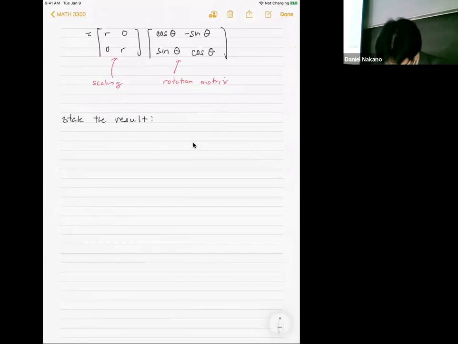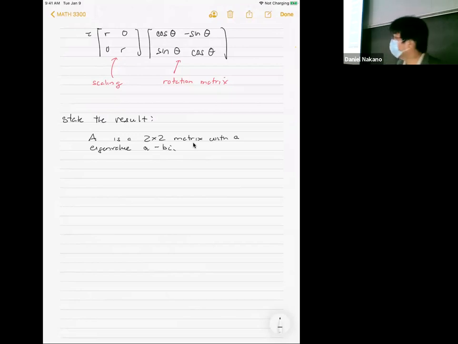If A is a 2x2 matrix with a complex eigenvalue, A minus Bi, so let's say I have a matrix and I know that I don't have real eigenvalues, I have a complex eigenvalue, then